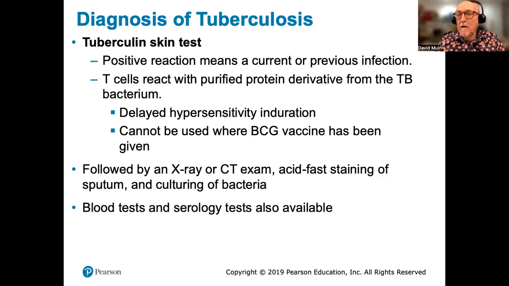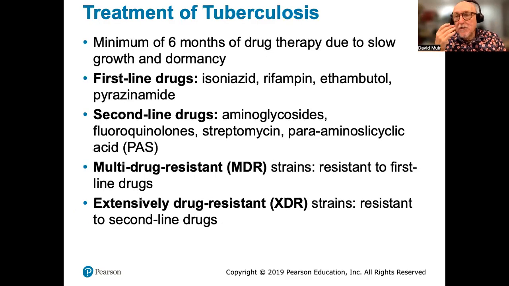But now there are also blood tests and serology tests that can be run. Realize that what is happening in tuberculosis is the bacterium is actually manipulating the immune system. The formation of the tubercles is an immune response, but there comes a point at which the tuberculosis can actually break through and evade and disseminate. So as I said before, it's like a dance between the bacterium and the immune system. So it is treatable,